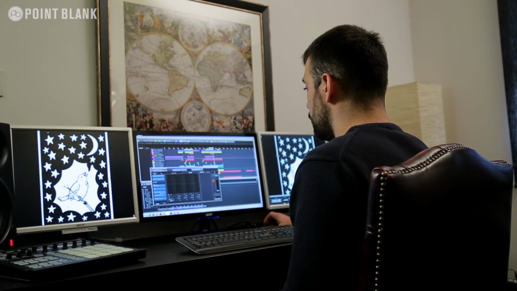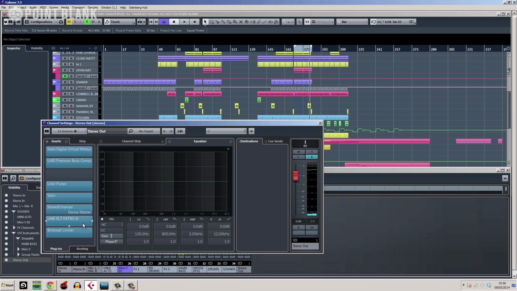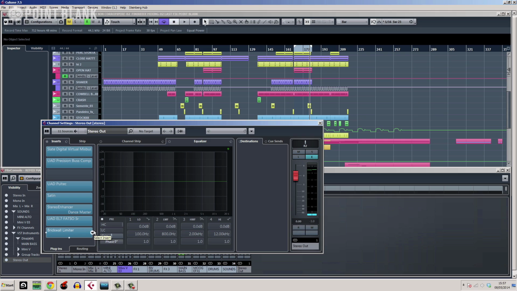So what I try to do when I'm applying my plugins on the master bus is start by compressing 2 dBs with my bus compressor, and then another 2 or 3 with the Fatso, and then get another little dynamic control with the limiter, and then add a couple of dBs here and there, instead of just putting the Fatso and compressing 7 dBs and adding 7 dBs to reach my 0. So I emulate this chain that I see mastering engineers using,